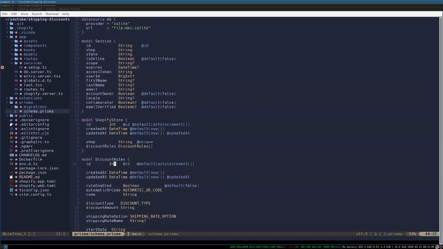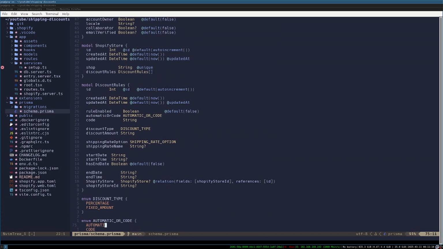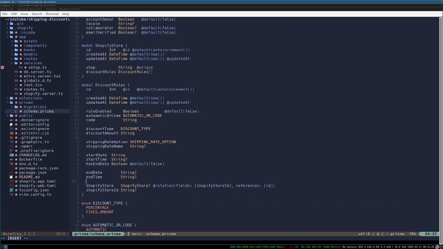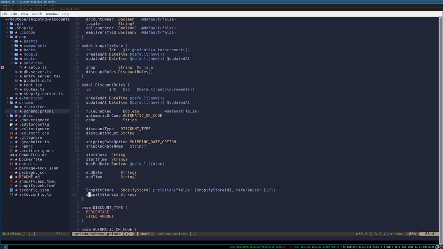Now I have another mistake here, so let's check. Okay, so we need to fix this relationship here. So you know what, I'm actually going to just grab this guy. Let's grab it here, let's put it here, and this is gonna be called the shop, and this shop is going to match the string shop,